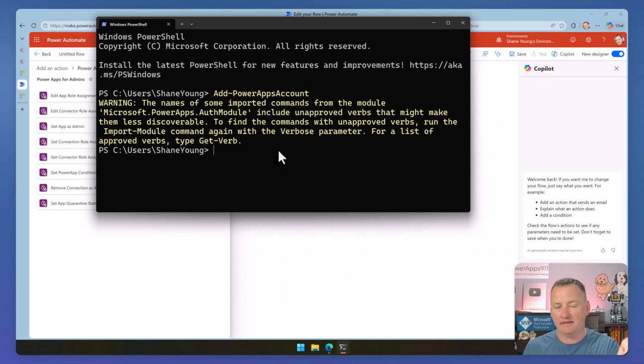I want to cover that since we logged in. I had to log in with an account. Me personally, I'm not a global admin, but I am a Power Platform admin. That's why I could do it. Now that we're logged in successfully, we need to find the list of available apps to recover. So to do that, we're going to do